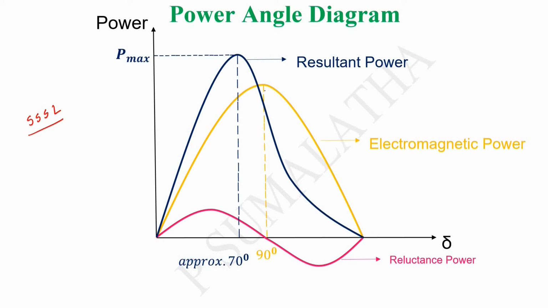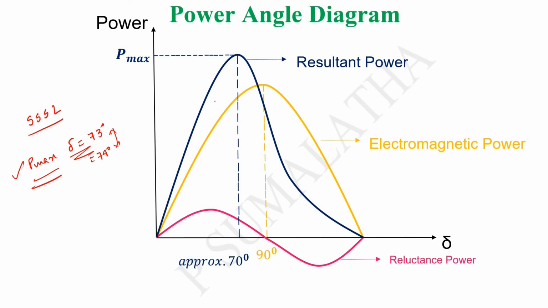So we could tell for the electromagnetic power exactly at 90 degrees, but here it is not the case. Approximately I am telling 70 degrees, like that you cannot tell. You should tell exactly the P max is going to occur at del equal to 73 degrees or at del equal to 74 degrees. You cannot say somewhere in between the power maximum will occur. So how to find exactly at which angle we are going to attain the P maximum?